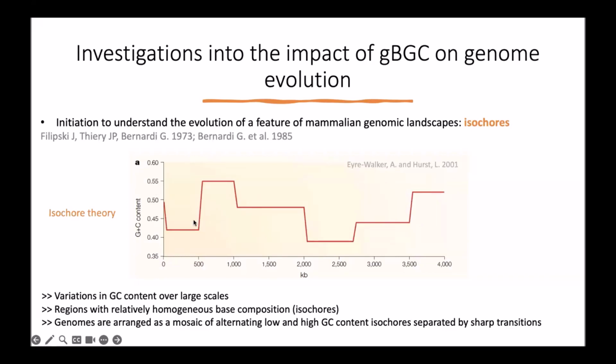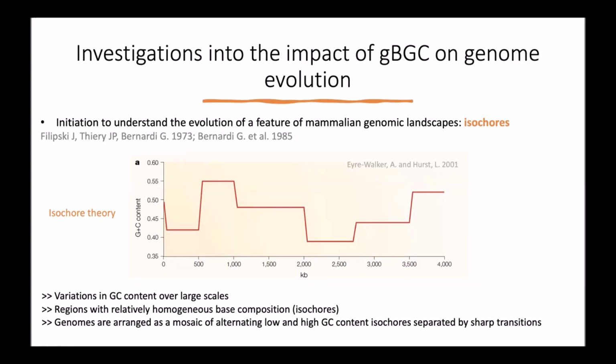There is variation in GC content, and there are some regions with homogeneous base composition, which we refer to as isochores, and genomes are arranged as a mosaic of these high and low GC contents, which transition with sharp transitions. However, with